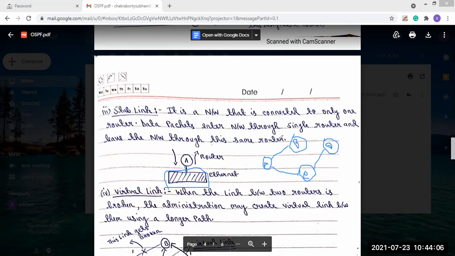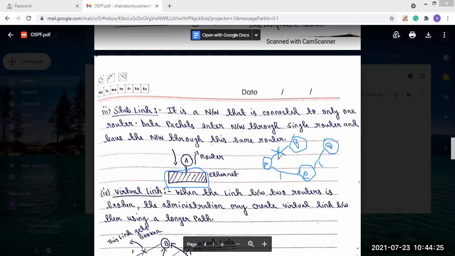Now we mark them as N1, with cost 1, 1, 1, the distance cost. Now let's say the link between A and B gets broken.